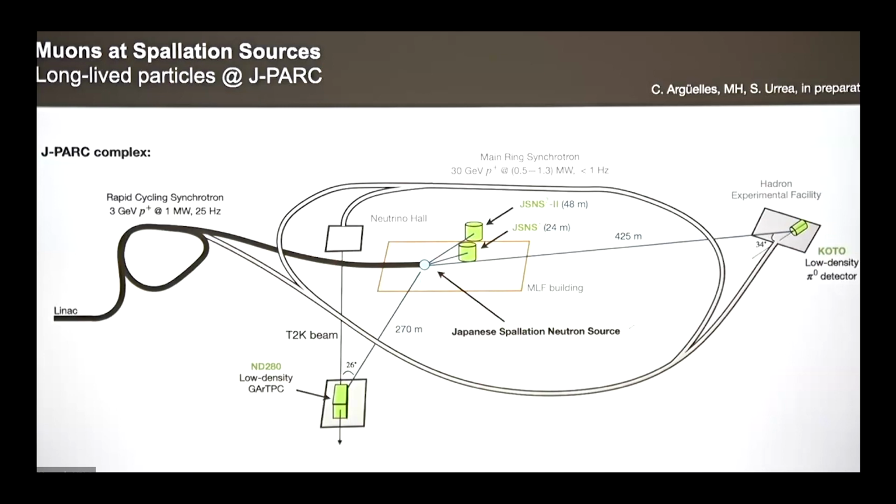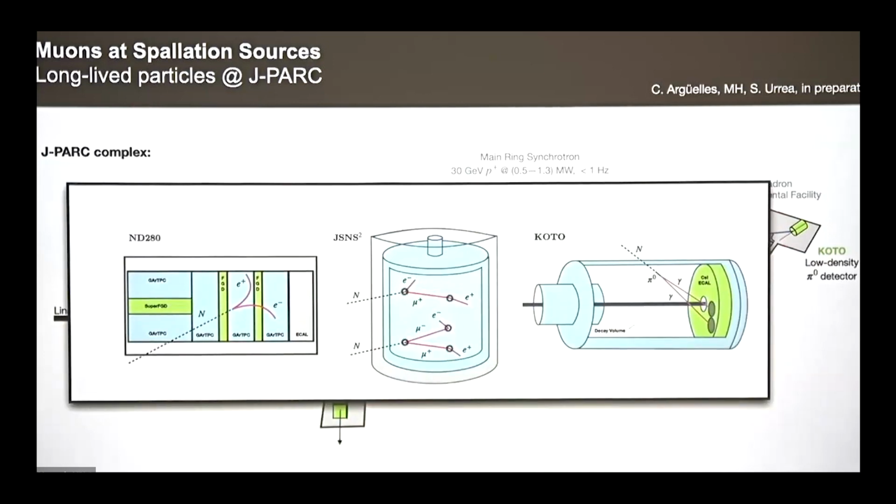And you also have, coincidentally, the ND280, the near detector of T2K, which is not designed to see the source, but it's actually fairly close to it. And it could observe particles produced here, as well as the KOTO K-long detector a little bit further out. So if you look at these 3 detectors, they actually specialize in completely different things. ND280 is really good at reconstructing low energy tracks in a magnetic field, so e+ e- final states would be perfect for that.